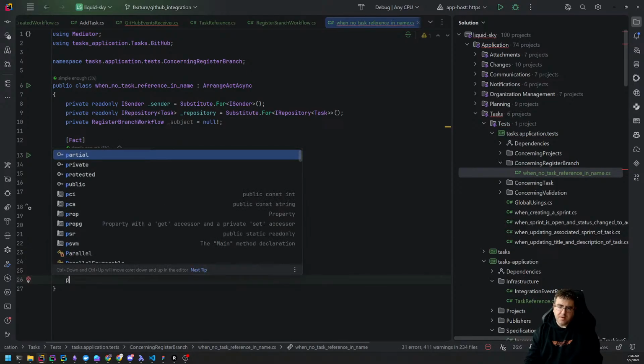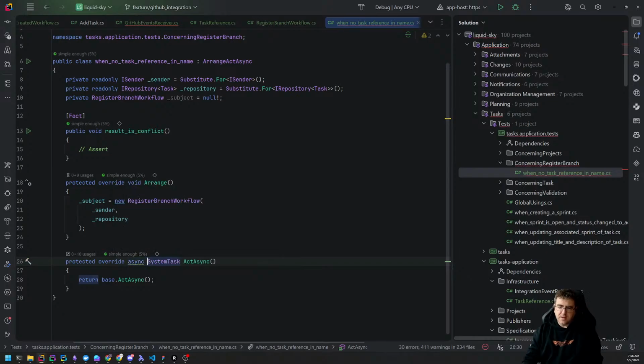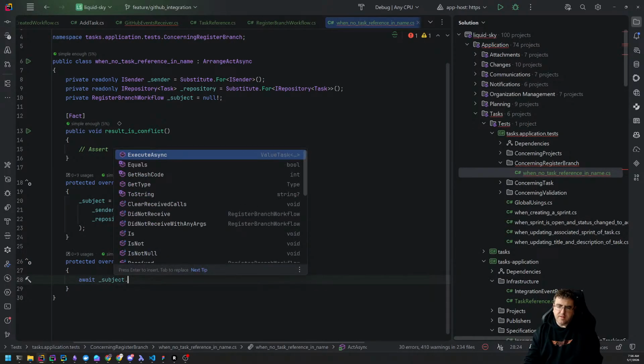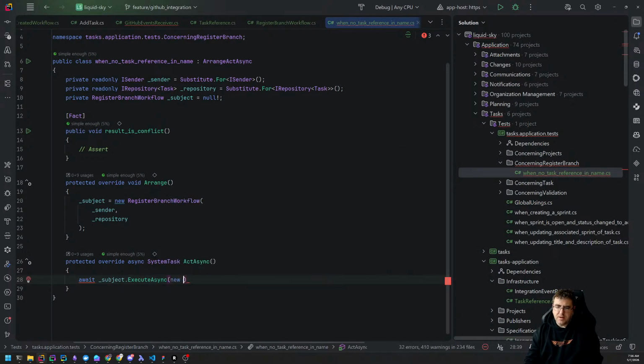And then override act async. And then we will await subject.execute async new